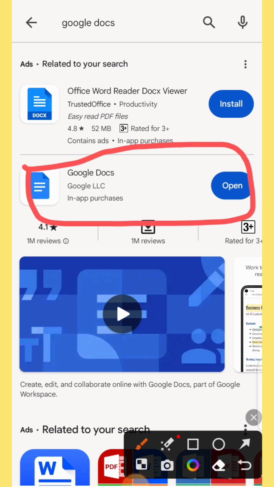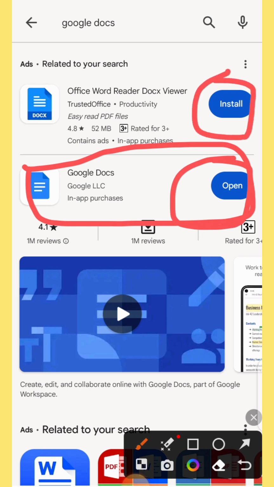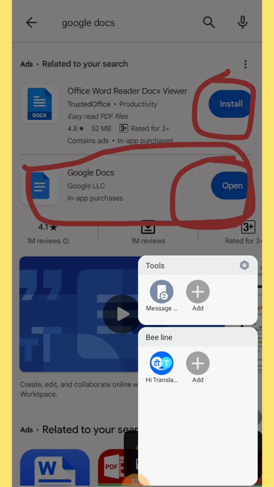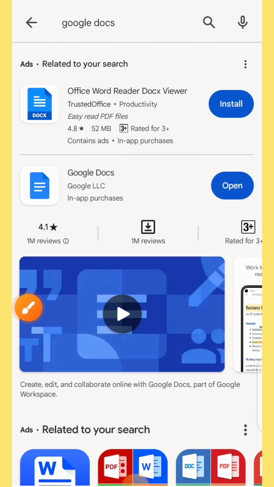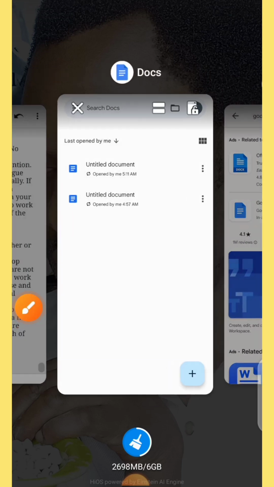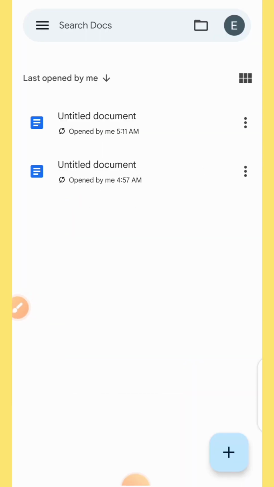I've already installed mine. That is the reason why it's showing me open. But if you have not installed it on your phone, it's going to show you something like this: install. So you go ahead and install Google Doc on your phone. All right, so after installing it, it's going to come straight to your phone, and when you open it,